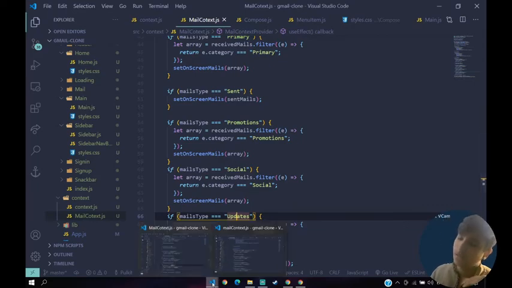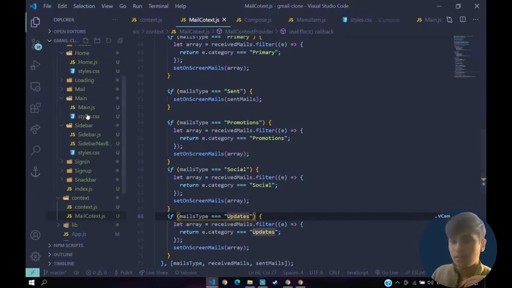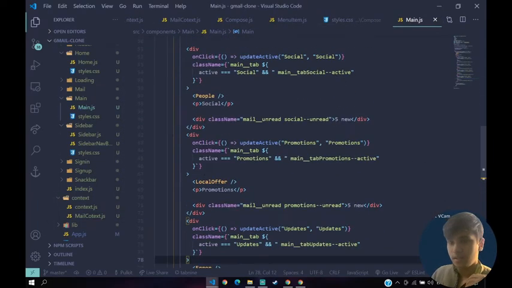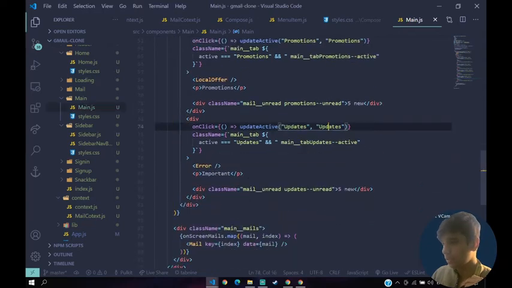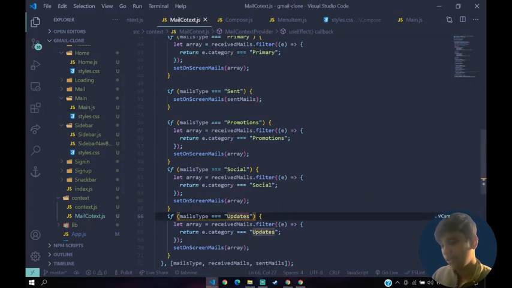So the mail type should be updates, right? So updates, update here inside of our main.css, it's updates. Wait, what am I saying there, updates there. Okay, fine. Mail context.js updates also here. Then what's the issue? We are making this updates here.